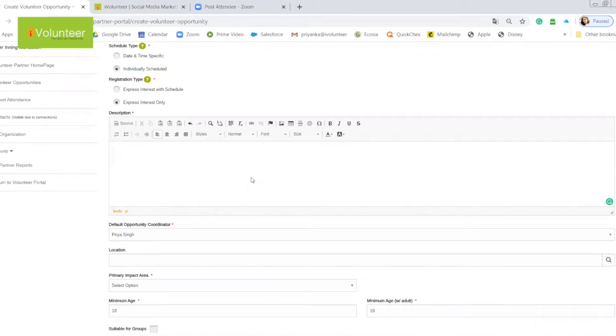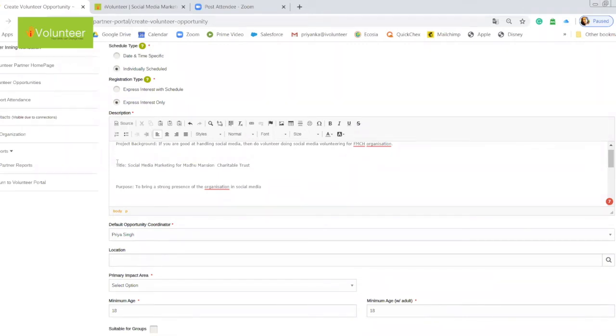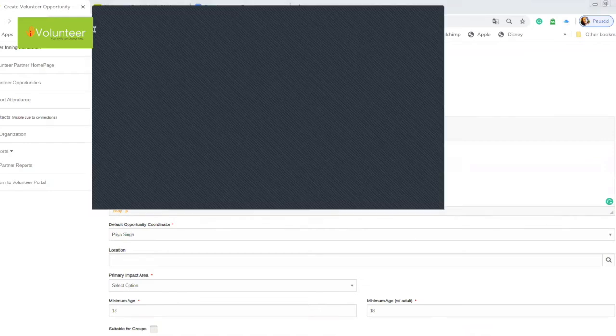I have a project description written in MS Word. I pasted it here. So this is what I have pasted, the opportunity details. But you see there is a lot of gap, a lot of space, a lot of things which are not up to the mark, and I need to clear this out. Otherwise, the final opportunity which will come on the public site might not look neat. It will look very mismanaged, and the volunteer can clearly see that it's not nicely written or nicely placed. So it's better, that's why I suggest not to copy from a Word document, but maybe copy it from a notepad.